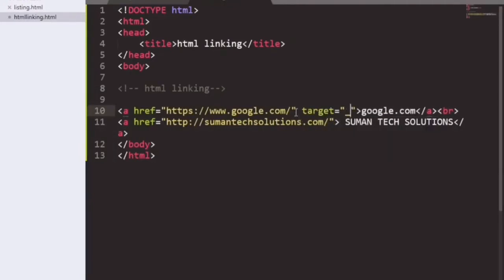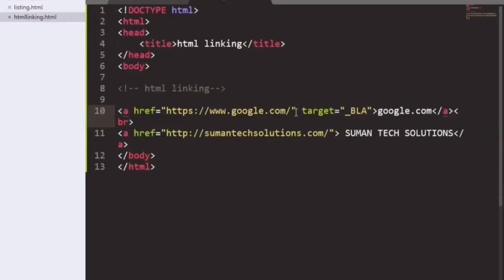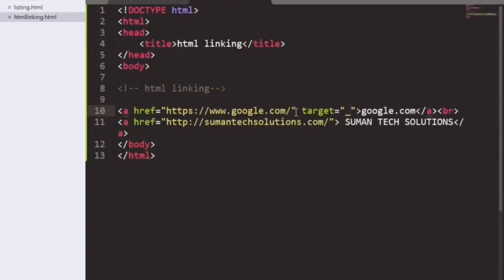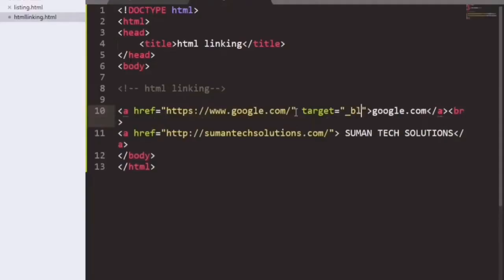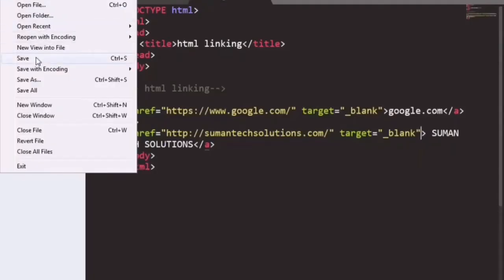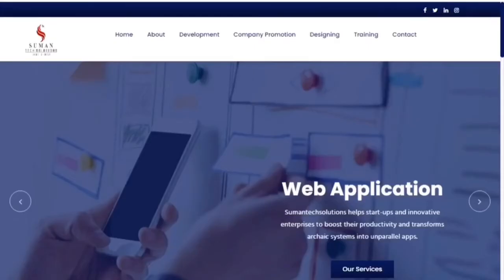We can also provide a target, written in double quotes, that is blank. We will paste the target here also, save the file, go to the browser and check what has been done there.